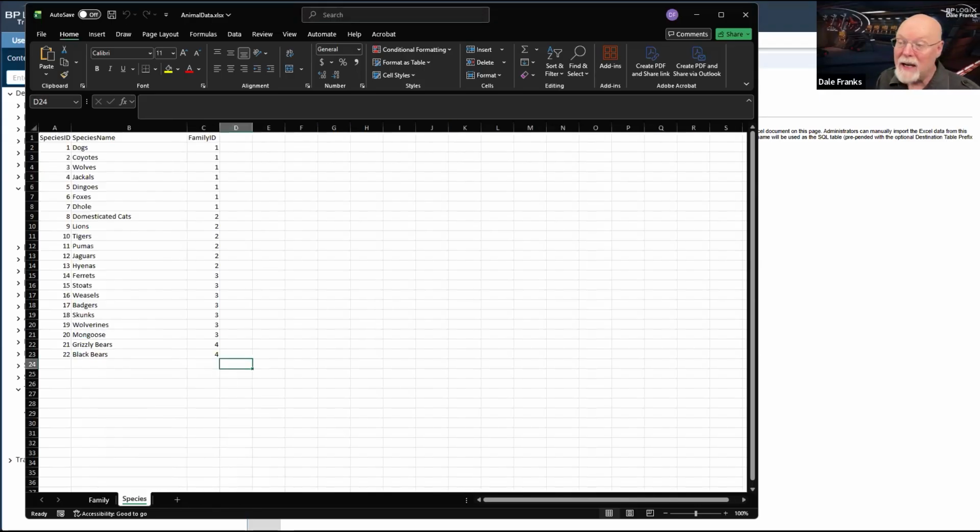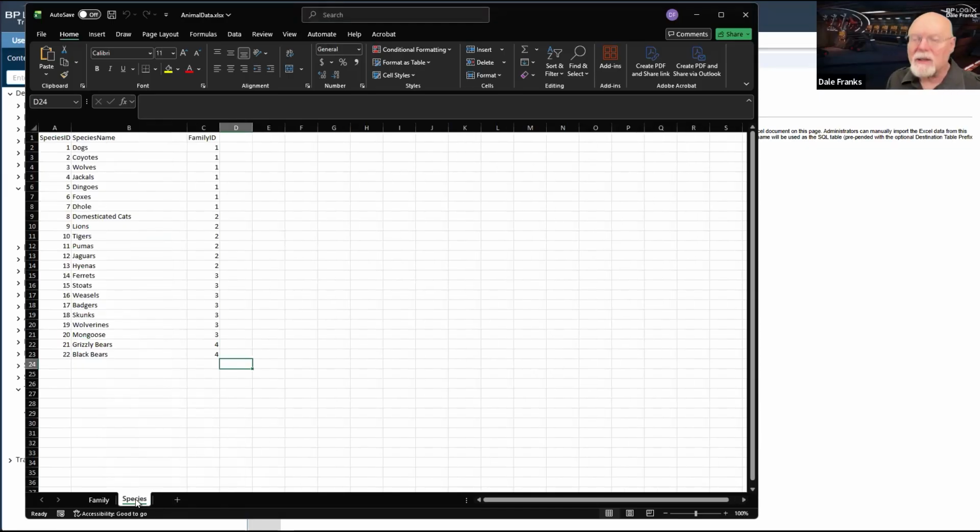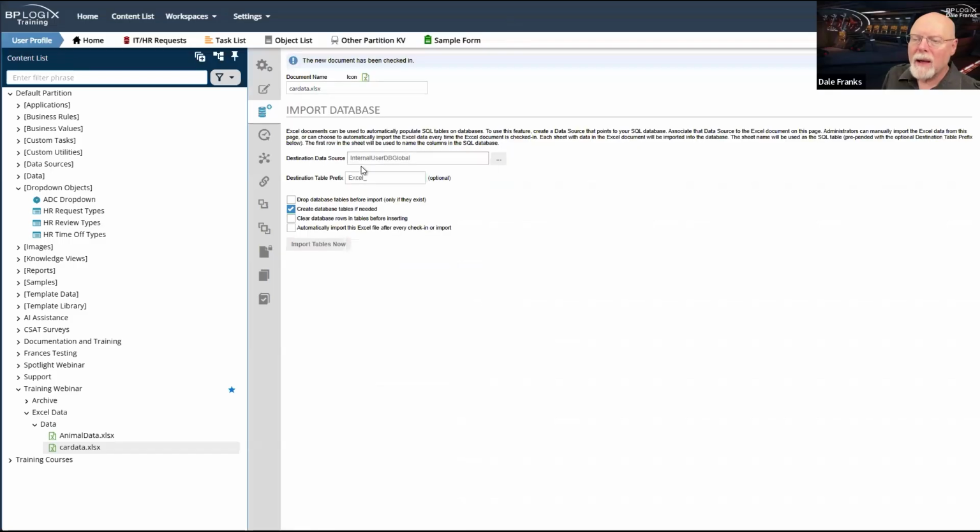I don't particularly need that worksheet, so I'm going to get rid of it. Now, as I said, I've got two worksheets, family and species, and that's fine as far as it goes. But when I do the import, Process Director is going to want to put a destination table prefix in there. By default, the prefix is Excel underscore.